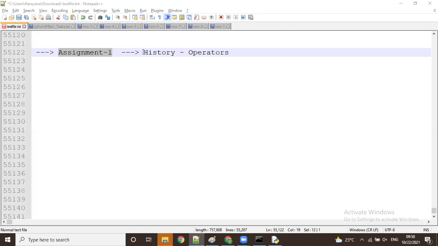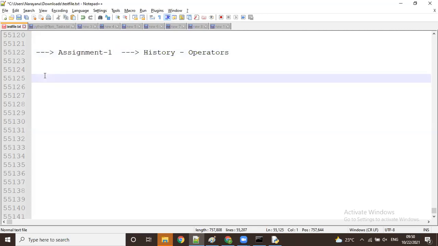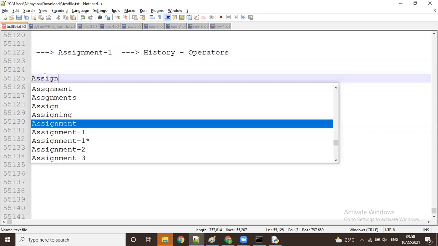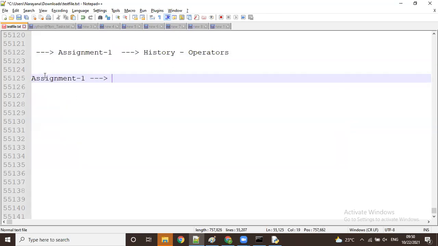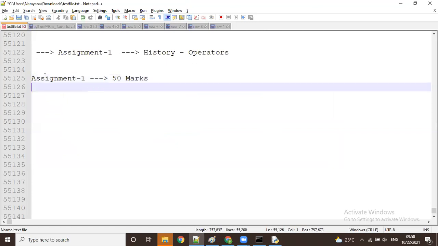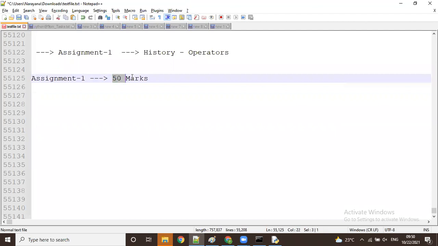So all of you see, this assignment, guys, will be for 50 marks. Your marks others will not see, guys. I'll give one form link. Online Google form link. Click that link and the form will open. All multiple choice questions, guys. Select any one out of four, like that 50 questions are there.